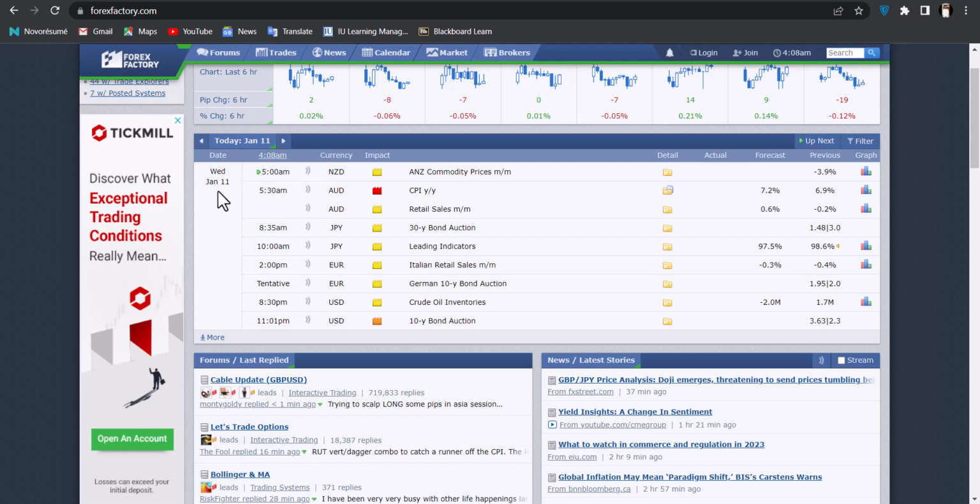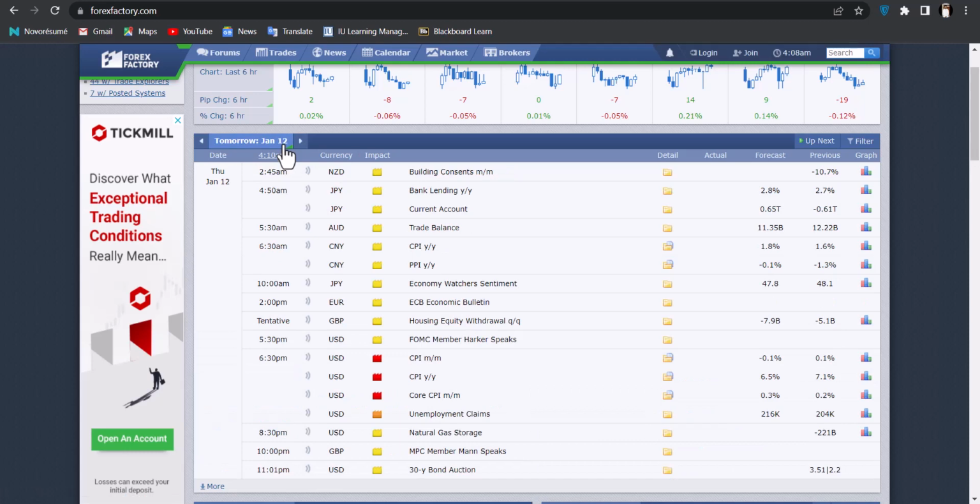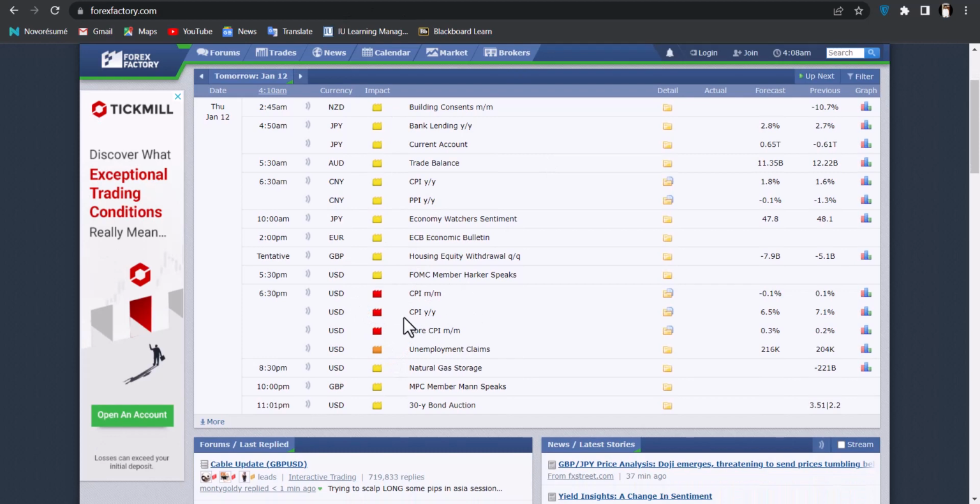So on Wednesday, January 11th, we have nothing special for the USD, but we have high impact news for the AUD, that is CPI yearly, and after that on Thursday we have high impact news for the USD, that is the CPI monthly, the CPI yearly, and the core CPI, that is the monthly also, and the medium impact news, unemployment claims, that is the very important